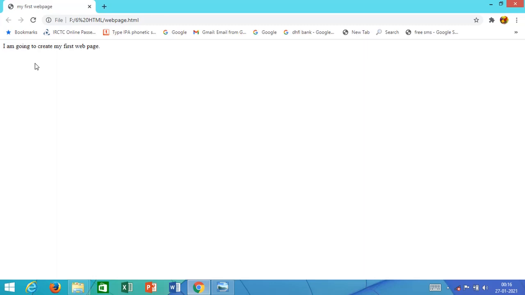Output can only be checked using a web browser. So you have to make sure that your computer is having a web browser. It might be Internet Explorer also. It might be any web browser. Generally, we use either Mozilla Firefox, Google Chrome, or Internet Explorer.